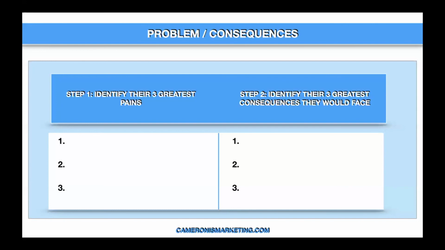The 3 pain points. Another pain point that they can have in network marketing is no support, right? They're frustrated because they have no support. And the consequence of not having support is that you don't know where to start. And since you don't know where to start, you end up quitting and starting over and over, and you feel like you're a big loser because you're not getting anywhere. You're seeing other people go places and you're still stuck in the same exact place you were stuck at 6 months ago. You get what I'm saying?